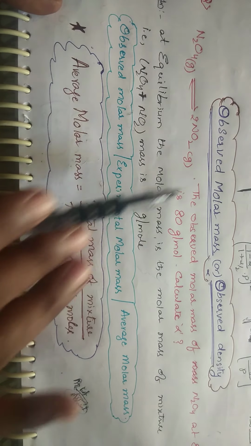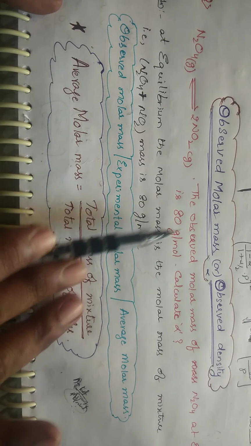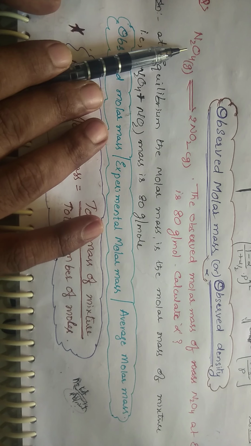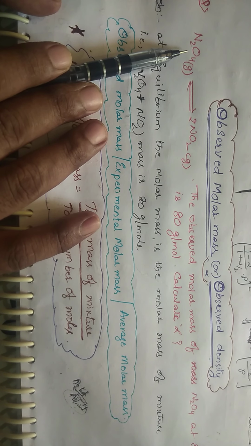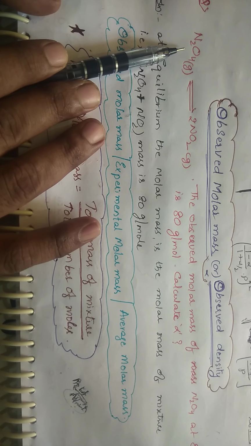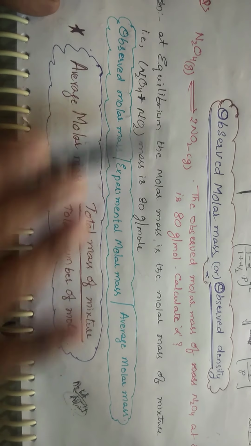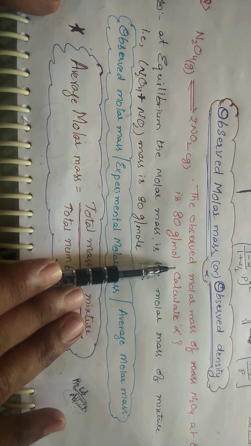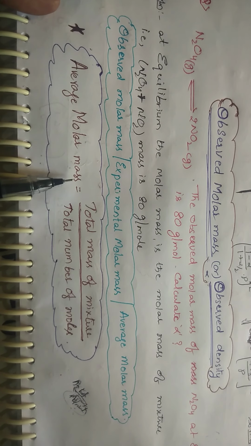Okay. He has mentioned that weight as 80 grams. At the equilibrium, if you calculate, it is this weight. But if you calculate the original mass of N2O4, what will it be? It will be its molecular weight, that is nothing but 92 grams. Okay. But at equilibrium, some will be converted into this one, right? So that you will be getting 80 grams. Okay. So average molar mass is taken as,